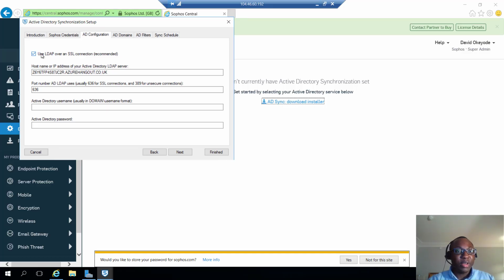So that's the reason why for now, I'll go ahead and disable secure LDAP, which means I'll need to change the port to just plain LDAP, which is 389. I'll put in my Active Directory username and password in this format. So I'll put in the format of the Azure domain name, slash, and I'll use Brenda, and I'll put in Brenda's password,